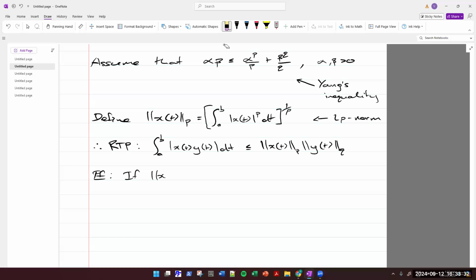If you ever see this in textbooks, they don't even put the t, they just put norm of x. Okay, but I'll put the t in, x of t. So if this, or the one with the y, is zero,